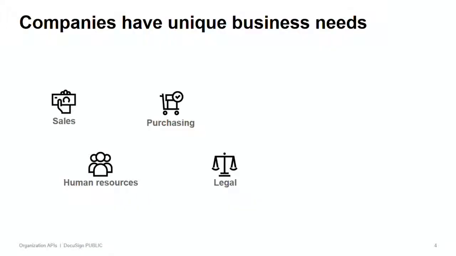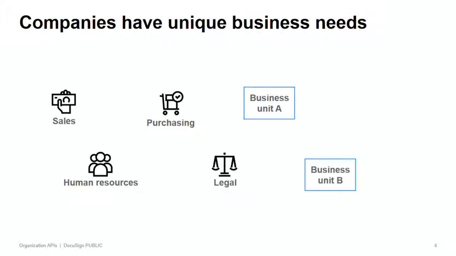So organizations are kind of born out of this idea that companies have these unique business needs. You have different departments, sales, legal, engineering, procurement, whatever it happens to be within the company. There's business units, and for some of the companies out there, there's global offices. So these are all things you need to consider, and some of the questions we've gotten is what's the best way to structure your DocuSign deployment? And there's a lot of questions that go into that when you're first looking at DocuSign as a solution.